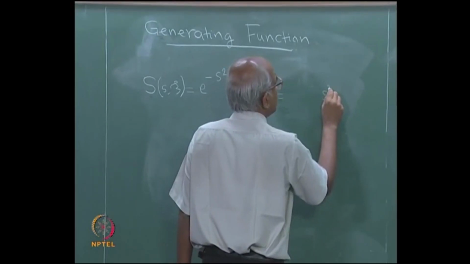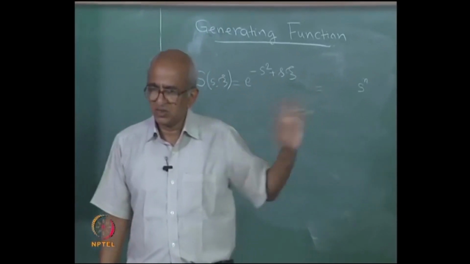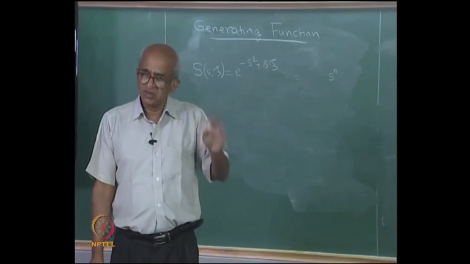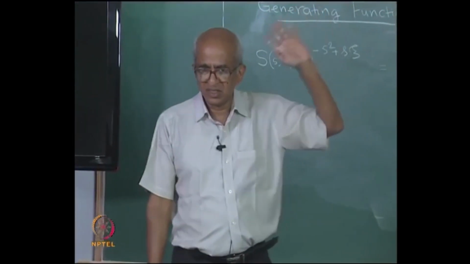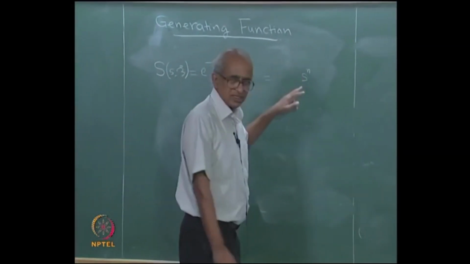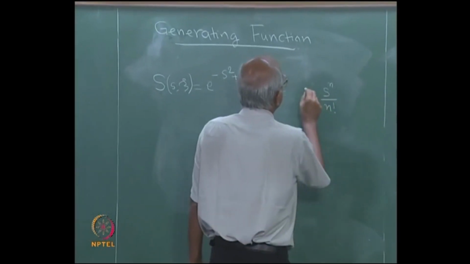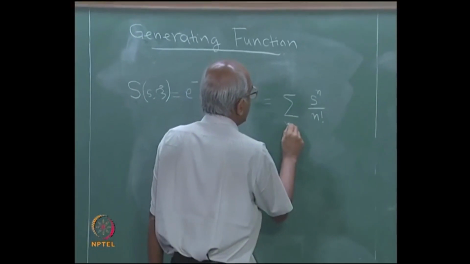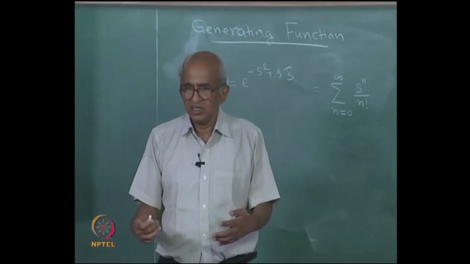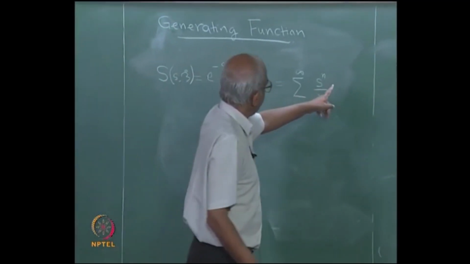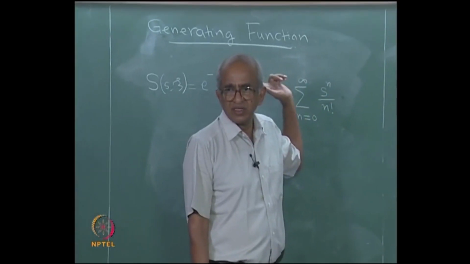So, what is going to happen is I will have a series which will involve any power of S. Imagine you expand this as a series, then what is going to happen is that you will have s power 0, s power 1, s power 2, s power 3, etc. So, imagine I can write this as a series involving s to the power of n divided by n factorial summed from n going from 0 to infinity, correct? It should be possible to do that, okay. But then if I write it like this, there will be some coefficients here, but those coefficients you will realize have to be functions of the other variable,